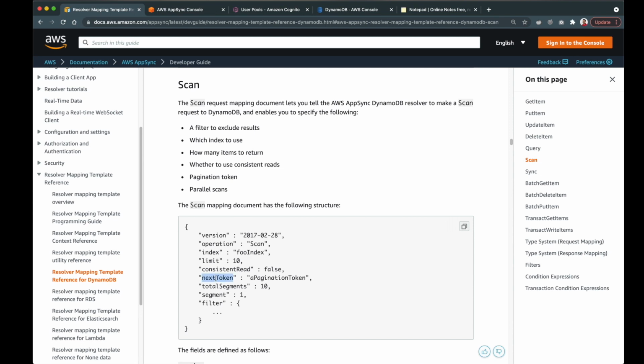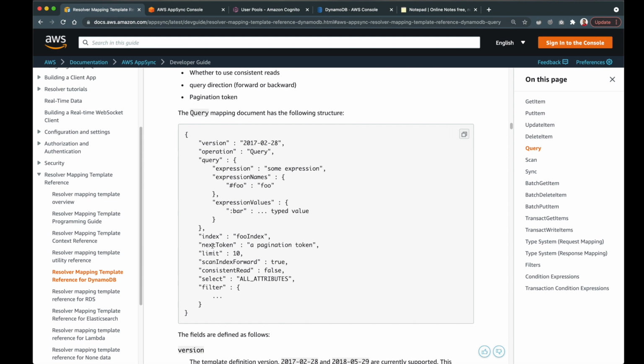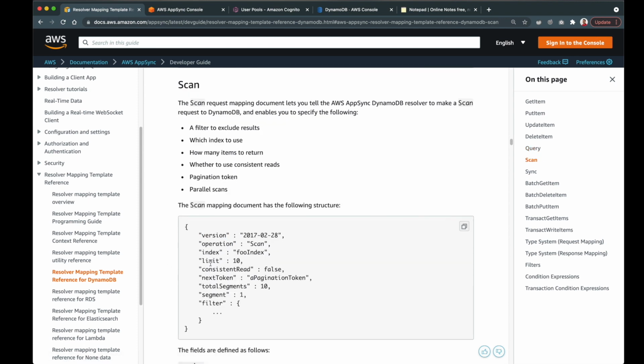You can see that it is accepting a next token. Both the scan operation and the query operation, guys, you can see the query operation is also accepting the next token and the limit, and the scan operation is also accepting the limit and the next token. Both of these operations support pagination out of the box.